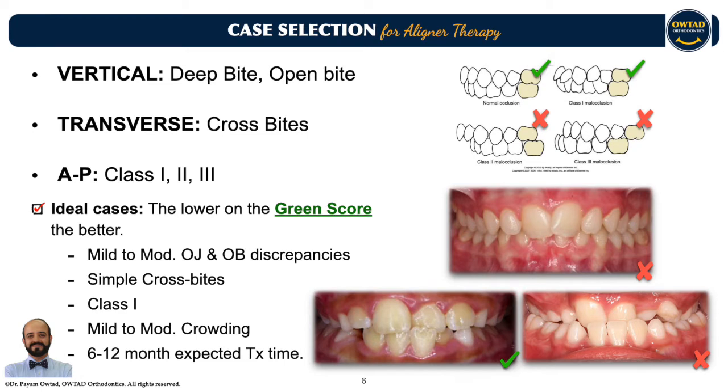Case selection, that's very important, how to select your aligner cases. There are certain things, of course, that on their own could be an hour lecture with a lot of examples and pictures to review. But these are the main key points. In vertical dimension, if patients have a severe deep bite, then they're usually not good candidates for aligners. And the reason being,